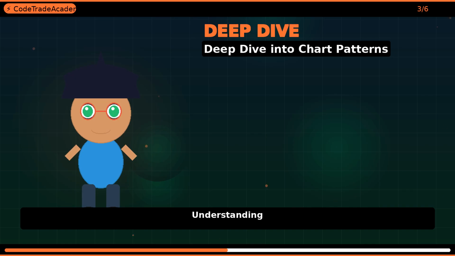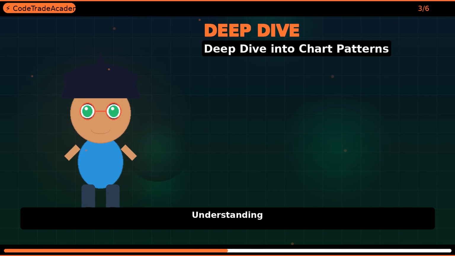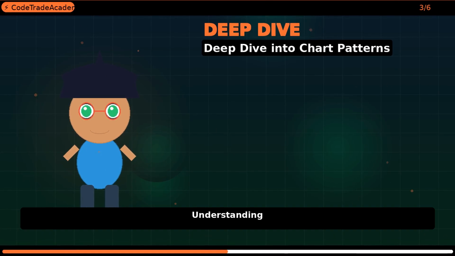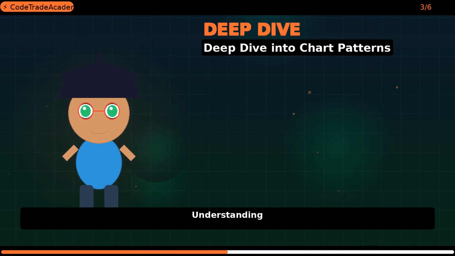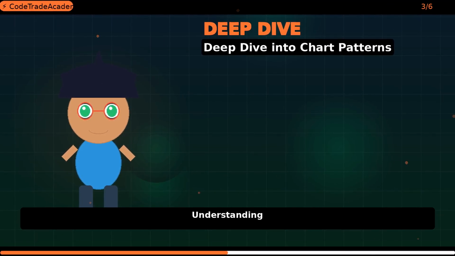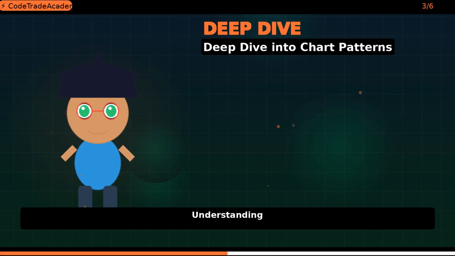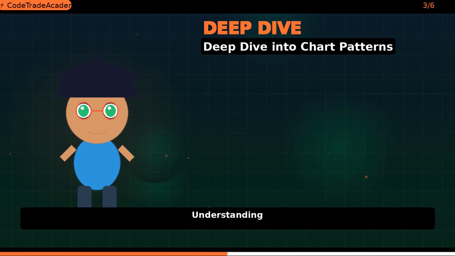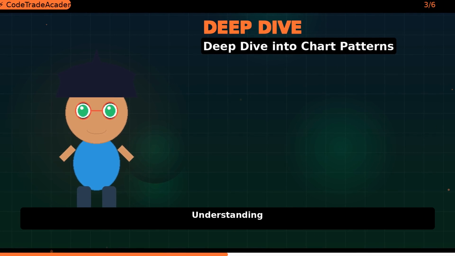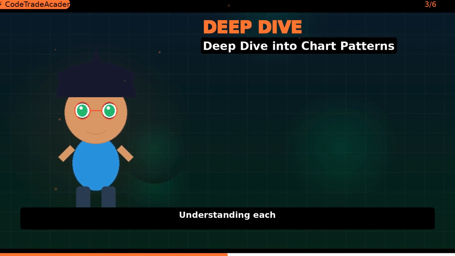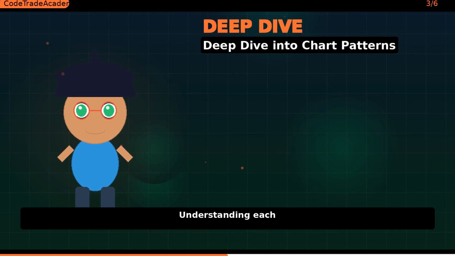Now that we've covered the basics, let's dive deeper into each pattern. The head and shoulders pattern, for example, consists of a peak, the head, followed by 2 smaller peaks, the shoulders. The triangle pattern is a bit more complex. It's a series of highs and lows that form a triangle shape. And the flag pattern is a short-term pattern that consists of a strong trend followed by a consolidation period. One of the key things to remember about these patterns is that they're not just about